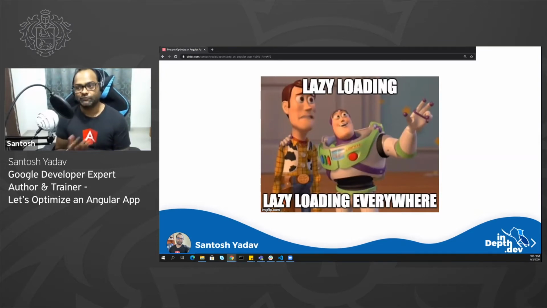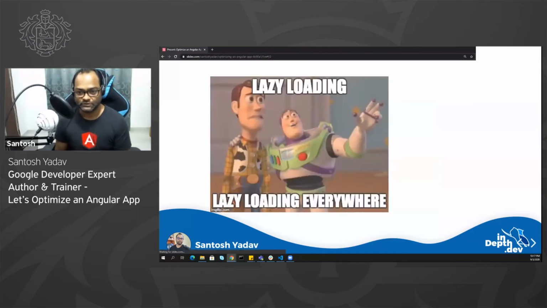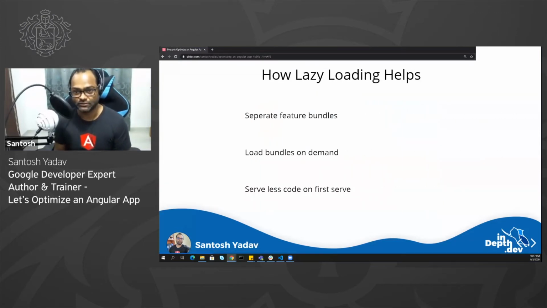But of course, it was a bottleneck, and we decided, okay, let's go ahead and see how much we can save, because the initial bundle size was around 9 MB in production build, and of course we had a server where gzip was enabled, but still it was really huge. So after lazy loading, we could see there is some improvement. From 9 MB, the initial bundle size came down to around 6 MB, which was really huge because, of course, we are saving. Even a single byte matters on the web, right?